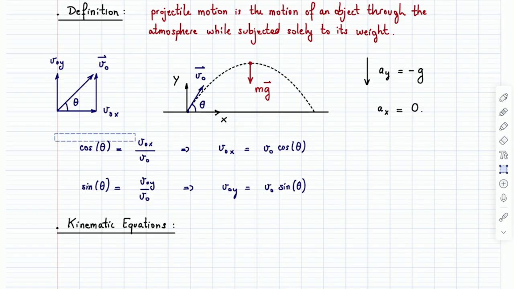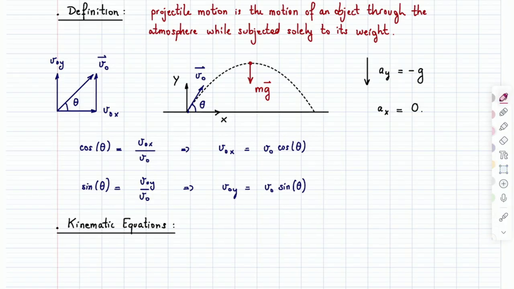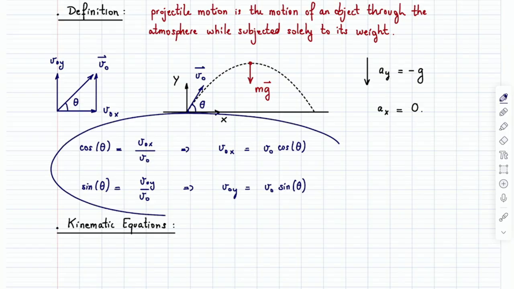And then the x and y components of initial velocity, more often than not, wind up being v0 cosine theta for v0x and v0 sine theta for v0y. But again, if I give you a different angle, right, if I go ahead and I call this angle here theta, then that's going to change things around. I'm going to get sine theta along x and cosine theta along y. So I would always just rederive these real quick, right, just to make sure.